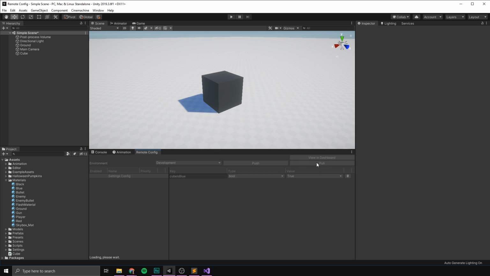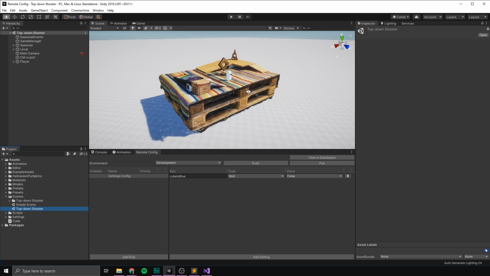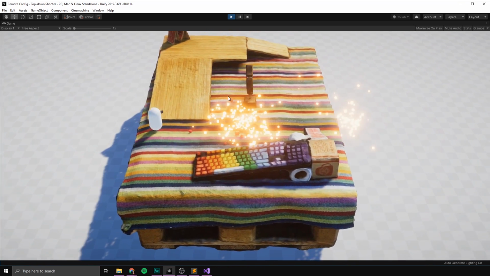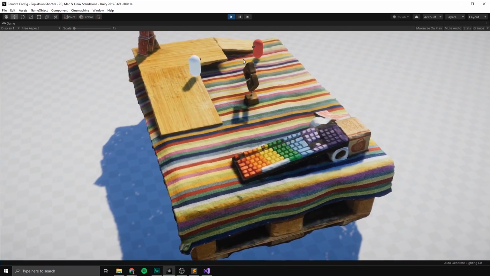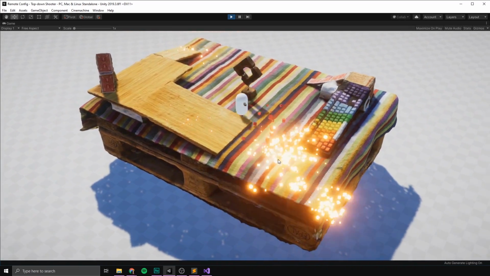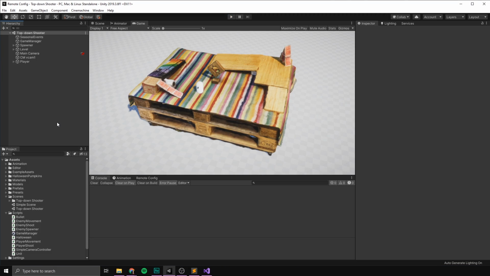So let's hit pull here in the editor just to make sure that we're up to date. And now, as you can see, I've gone ahead and loaded in a quick top-down shooter that we made for our video on 3D scanning. As you can see, the objective for this game is to kill enemies in order to stay alive as long as possible. But let's say that I'm not quite sure if the difficulty of the game is right. Well, in that case, let's go ahead and make the enemy spawn rate and the enemy health changeable using Remote Config. So I'm going to go ahead and do this in the browser.